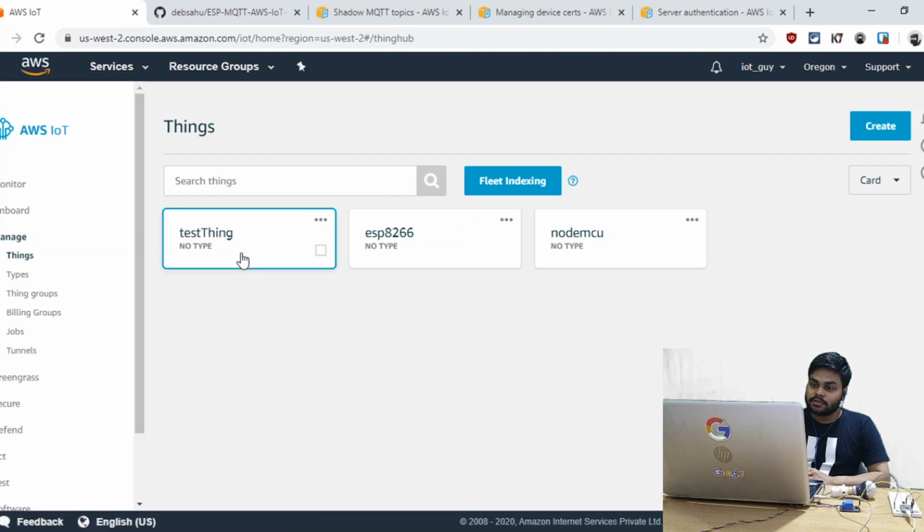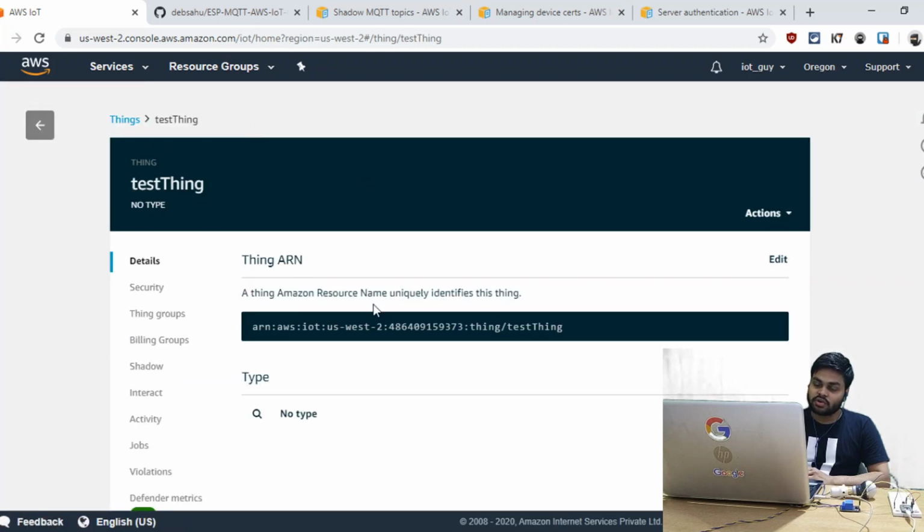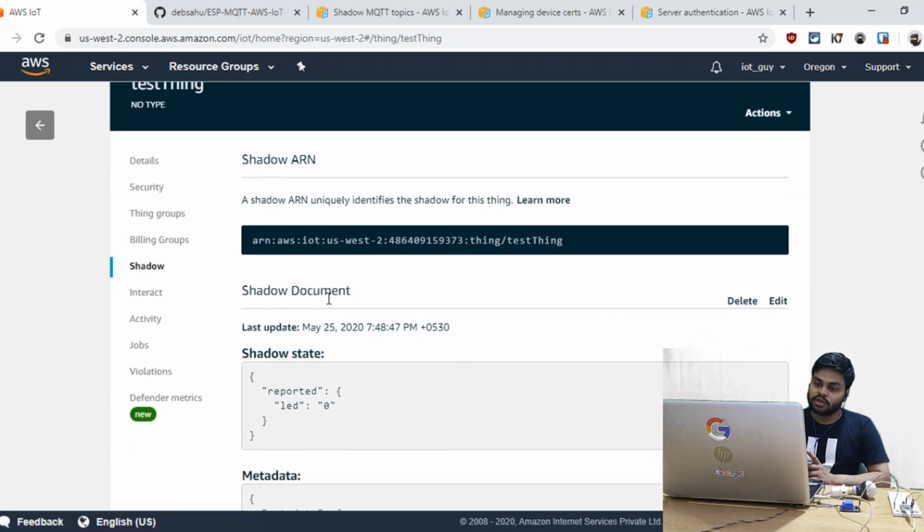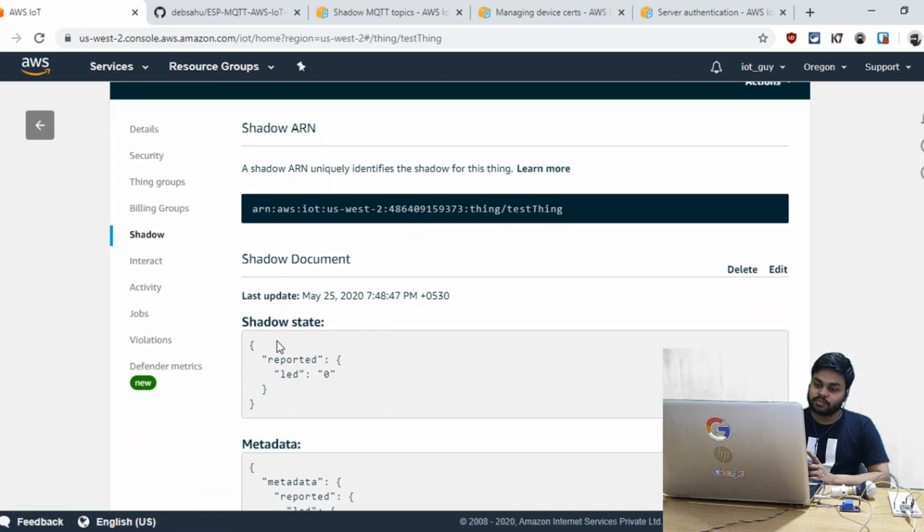Things. Okay. So we have already built this thing in the previous session. If you do not know how I built this thing, what the steps are to configure it, and what the steps are to download the certificates and the keys, the private key, please first view the last session and then come to this session, because you can't understand anything regarding the certificates and things otherwise. So please watch the previous session. Okay. So we can see here a shadow in thing. Basically our thing name is test thing, which we have created previously. We have a shadow. Okay, and the shadow has this state right now.